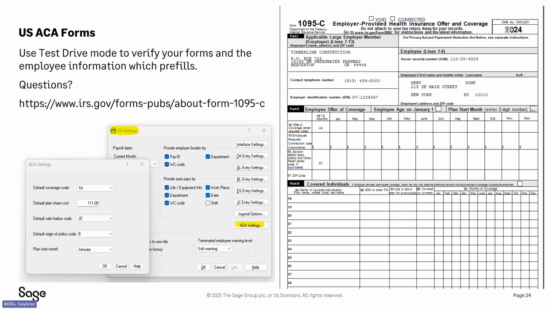Okay. Now, default origin policy, IRS does have a little chart, and you'll want to make sure you've selected where your company falls in that list of choices. There's 8, I think it goes from A to G. Now, plan start month, that is not the month that the employee, let's say, was hired and got the coverage. This is the month that your company's plan begins. For Sage, we happen to begin in January, but your company could be different. It could be March, it could be August,